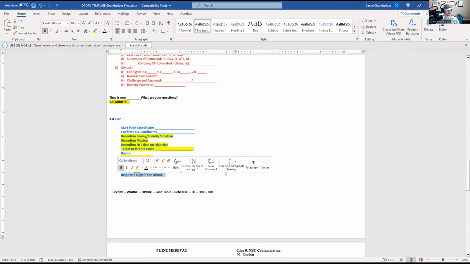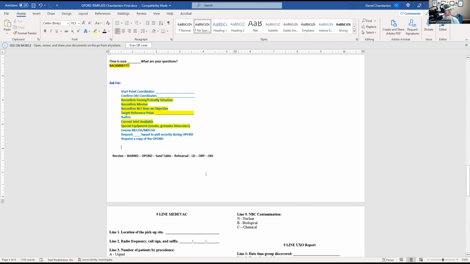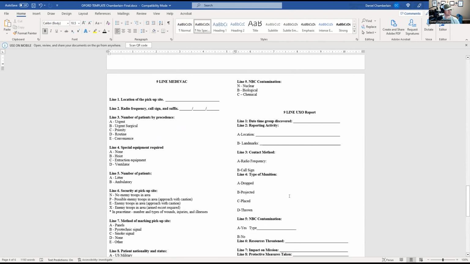I always asked for a copy of the op order. I would always ask, can I have that op order? I've had it handed to me once when I was a candidate, and I've given it to one candidate when they requested it. Truth of the matter is, it's too much information for you. You've already taken the notes. You've already had it read to you. The time it takes you to go back and try to read it, it's useless. It's just kind of a little fun and games at that point. All right, so moving back down.